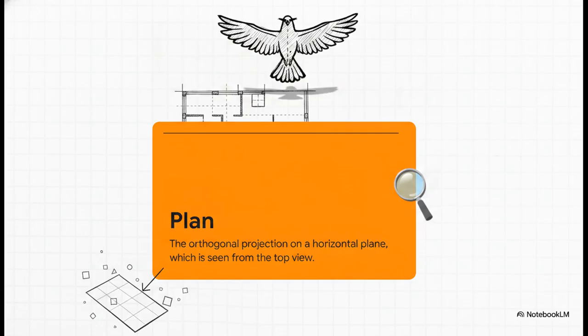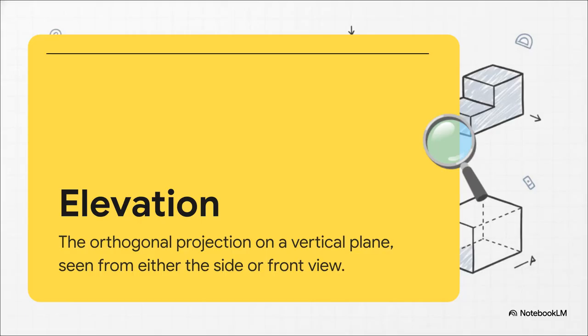So anytime a blueprint or an exercise asks you for a plan, just tell yourself, okay, I'm drawing the top view. An elevation, on the flip side, is your view projected onto a standing vertical plane. This is literally what you see when you're looking at an object directly from the front or straight on from the side. We call these the front elevation and the side elevation, and they both live right there on vertical